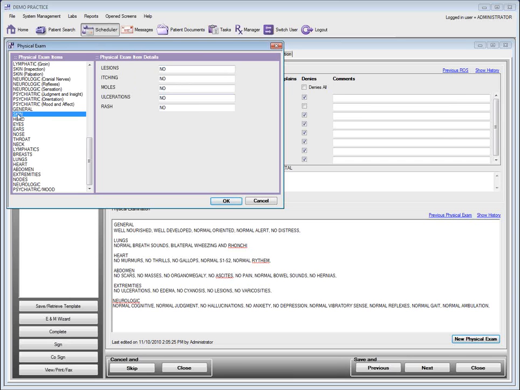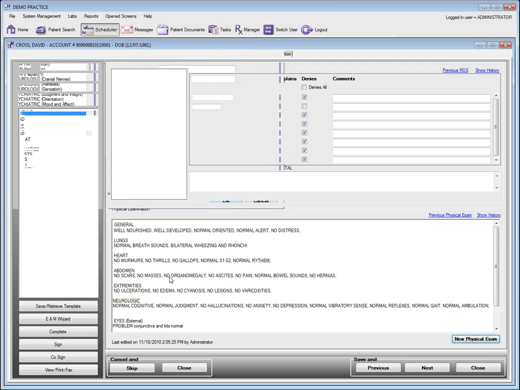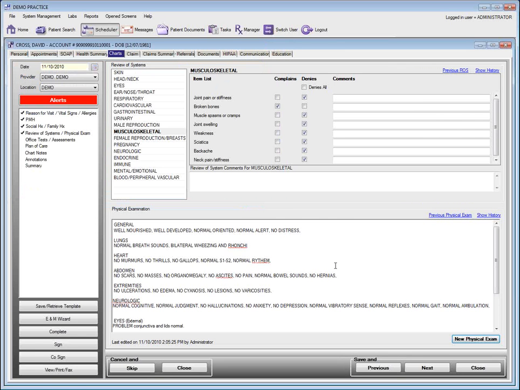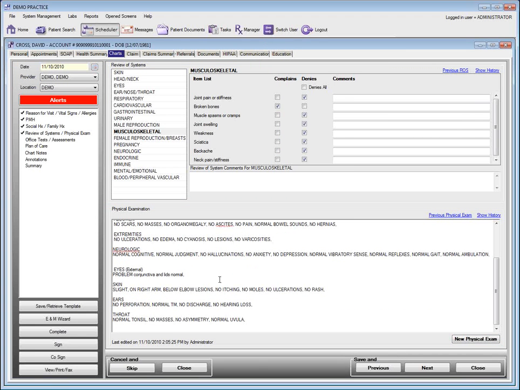So if the normal for skin is no lesions, no itching, no moles, no ulcerations, no rash, and I want to say that there is a lesion, I can say, you know, slight on right arm below elbow. And I can just hit OK, and that will update my specific entry over here,